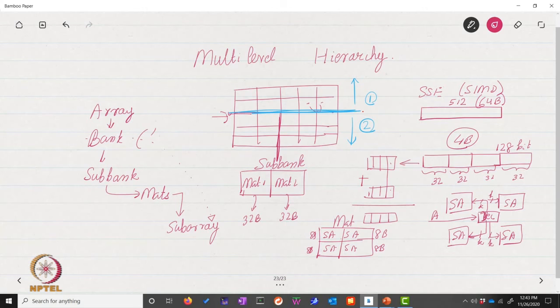The reason we broke it into banks is for parallelism. Right? The reason we broke banks into sub-banks is for efficiency. The reason we broke sub-banks into mats is basically because of intra-block parallelism, as well as faster access. And the reason we have different subarrays within a mat is basically for sharing resources, notably the decoder. Right? So that's the reason we broke it.